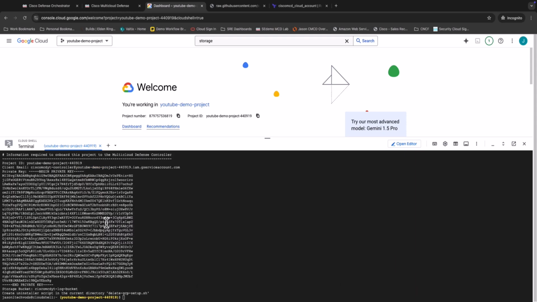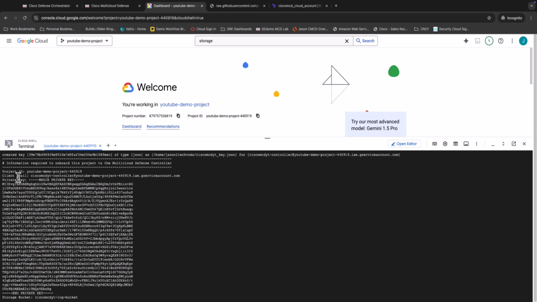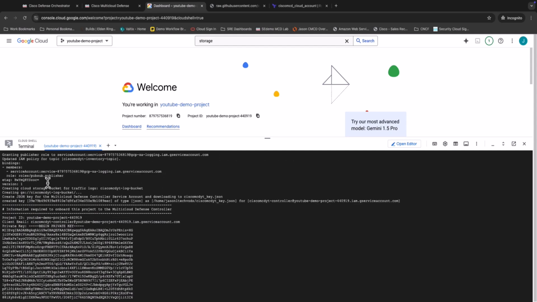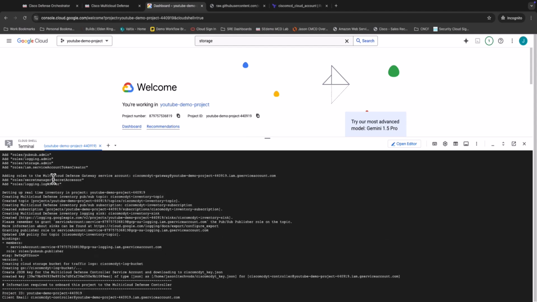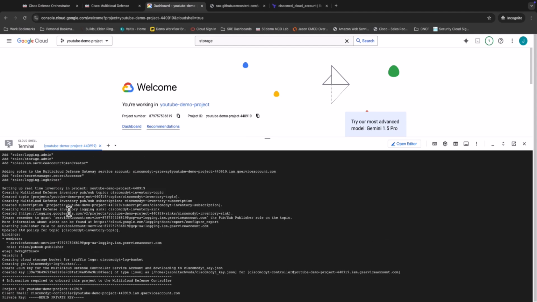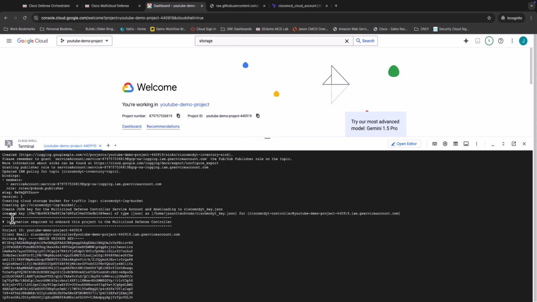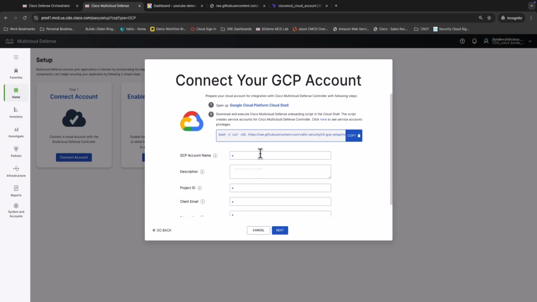Okay, and we're back. We can see that the wizard has completed. Much like Azure, you can go back and look at a lot of the things that it performed against that account during that process. But what we're really concerned with is everything below this box where it says information required to onboard this project. So I will go ahead and start copying out. By default, I would copy all this information out and keep it somewhere where we could keep it recorded for future proofing. So we'll call this YouTube